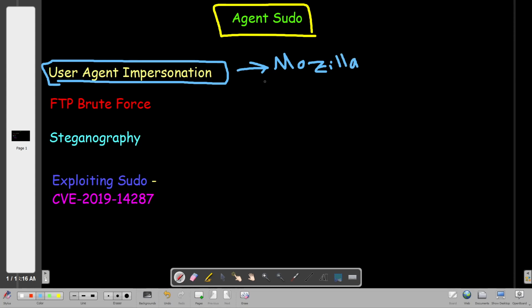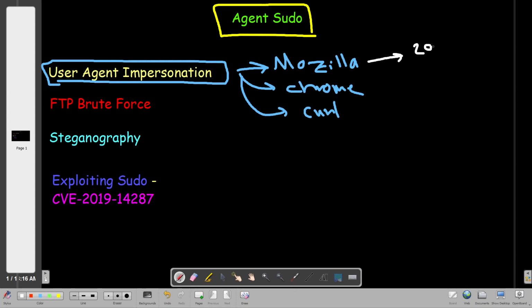You can change this user agent to something else, like Chrome. It could be anything else. You could use curl as a user agent. You can use anything else as a user agent. Sometimes web servers filter incoming traffic based on user agent. For example, if your user agent is Mozilla, you will be granted access to a piece of content,